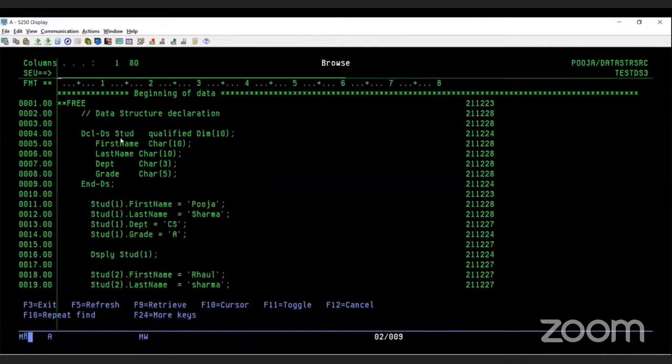So this is an STU data structure which has a dimension of 10, and these are the subfields of this data structure. So why do we use the multi-dimension data structure? If we create a multi-dimension data structure, it means we can store 10 different pieces of information of a group in a single data structure. So let's suppose we have 10 students in a class, and we want to store the information of each student in a single data structure. So in this case we use the multi-dimension data structure, and